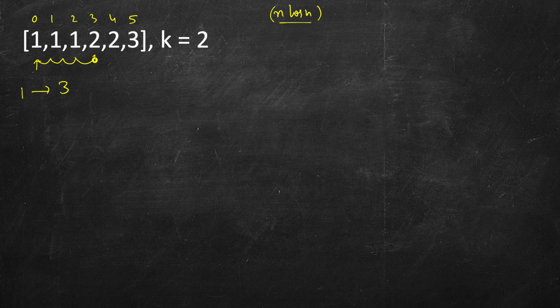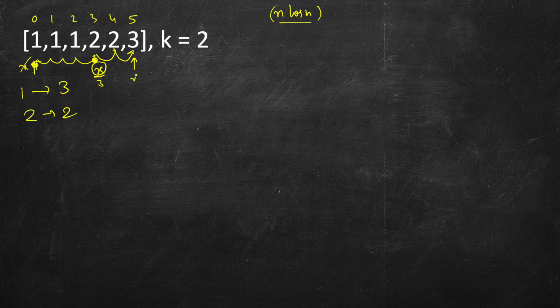Next, this is the new value. Let's call it x. Here x was 1. Now once we find a new value, that will be the new x, and this is the initial index, that is 3. Again, go to the next element, same as x. Go to the next element, different from x. So subtract 3 from 5. So we get 2. So count of 2 is 2.